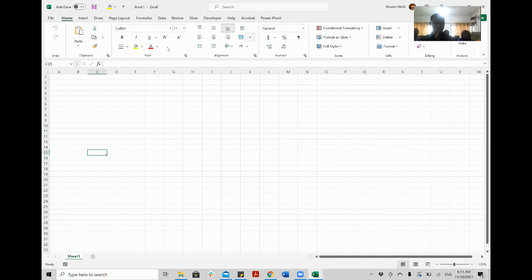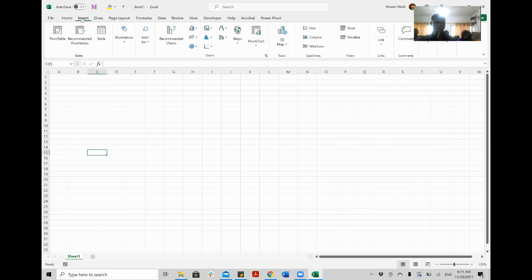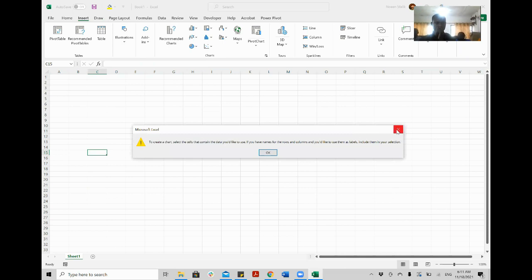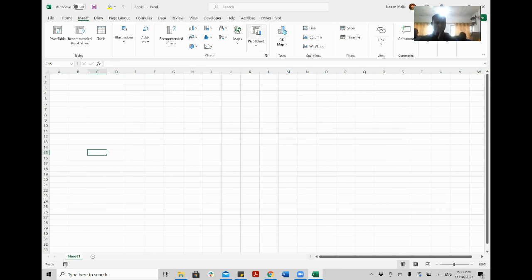And if we go to insert, you will again see it has a few things similar. For example, Microsoft Word also had illustrations like shapes, icons, 3D models, and pictures. Microsoft Word also has a chart area, but Excel has a broader chart area because Excel is about data analysis.